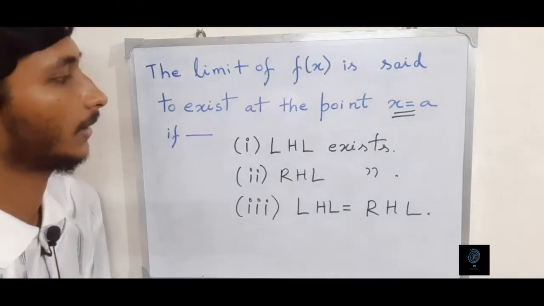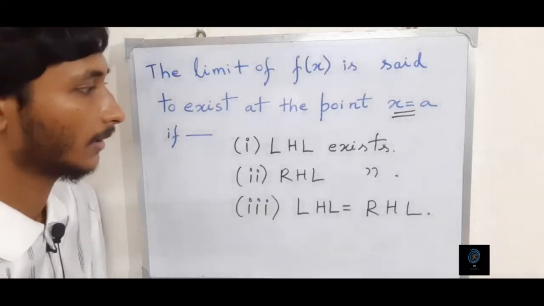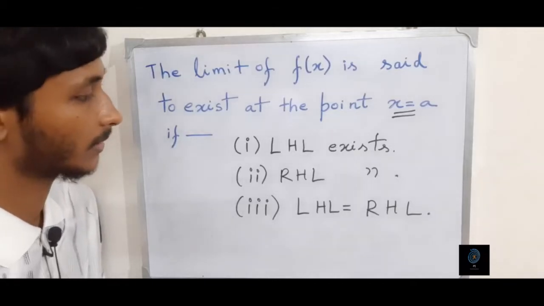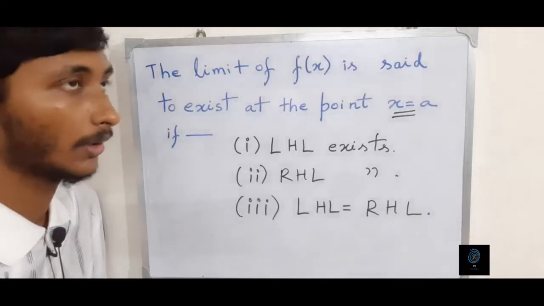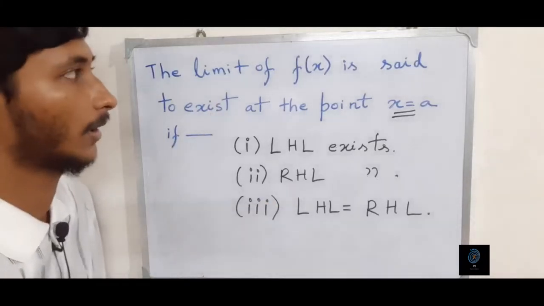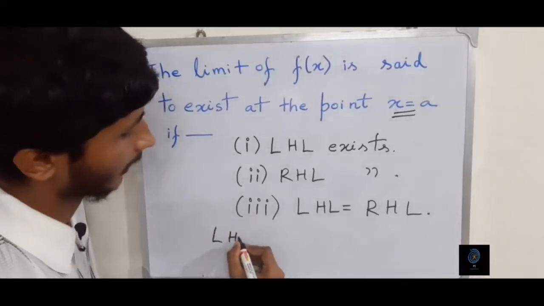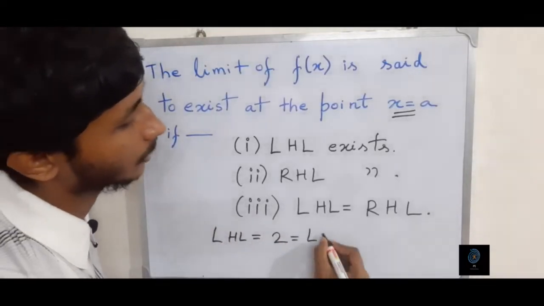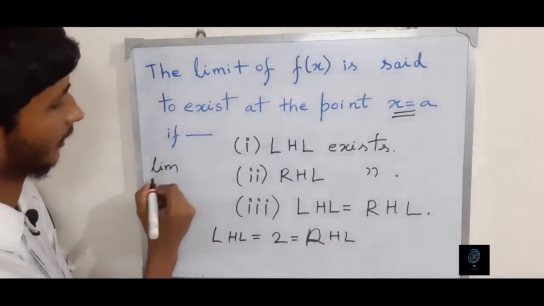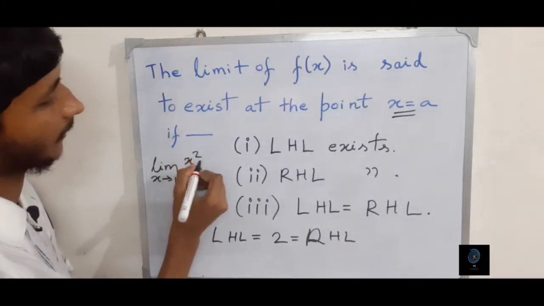And if any one of these conditions is violated, then we say that the limit doesn't exist. For our first example, we had seen that when x approached 1 from the left hand side, f(x) approached 2. Similarly, when x approached 1 from the right hand side, f(x) approached 2. So in that case, both LHL and RHL were equal to 2, and we could have written limit x tends to 1 f(x), I am writing that function only,